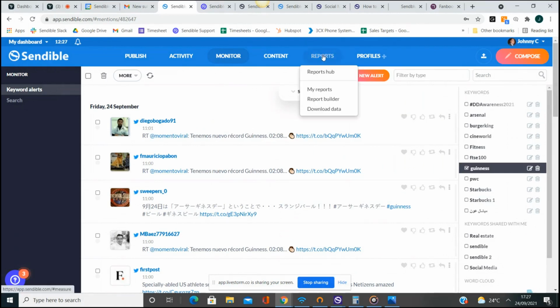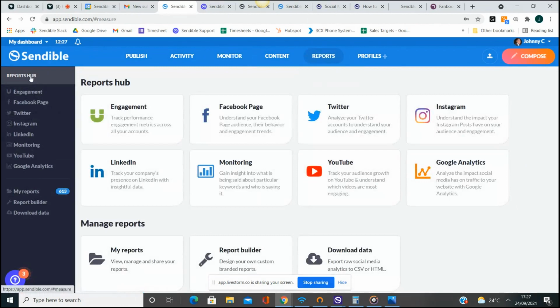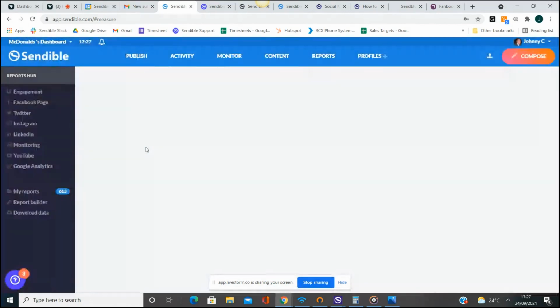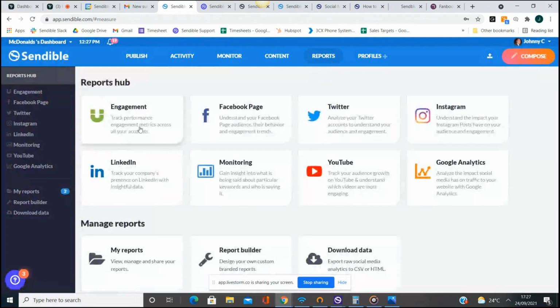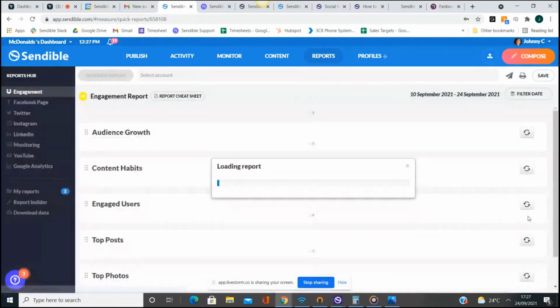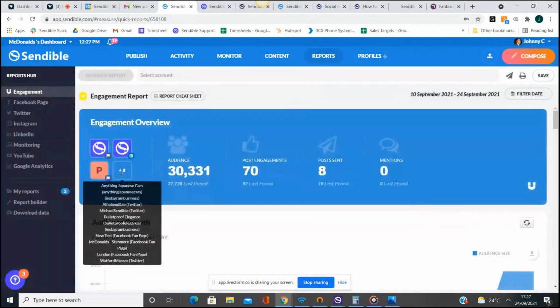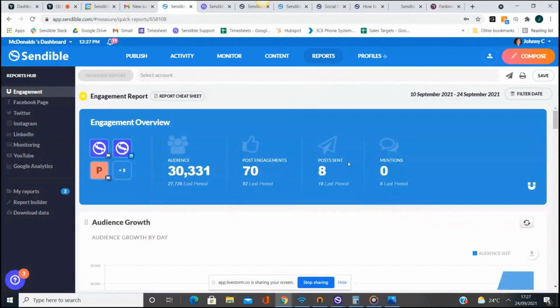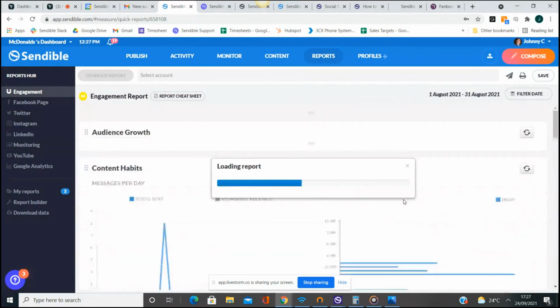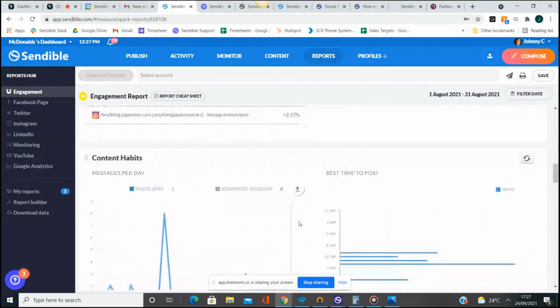And lastly, I'm going to go to the reports. There are two main parts of the reports, the pre-built reports under the Engage Hub, and then customized reports under My Reports. So if you're managing multiple clients, you would switch into their account, and then we have a pre-built engagement report, which is a nice top-line report showing the engagement for that client's, in this case, 8+3, 11 social profiles. It aggregates them for the date range that you choose. So top line engagement metrics across all that client's